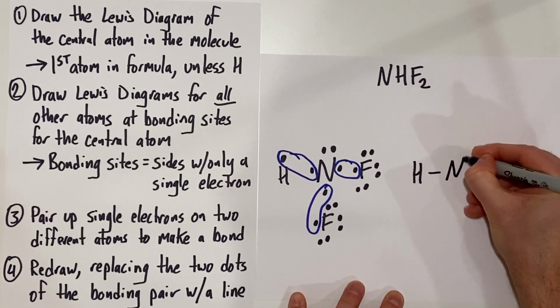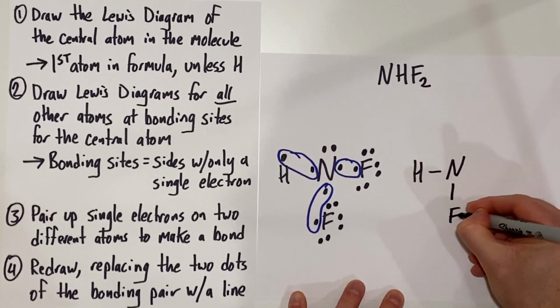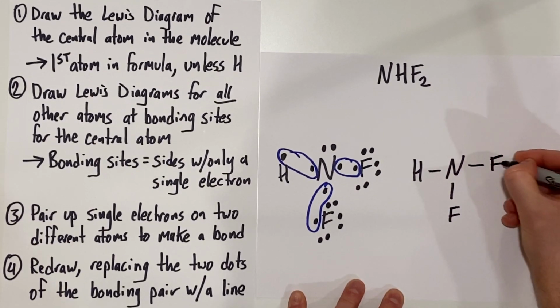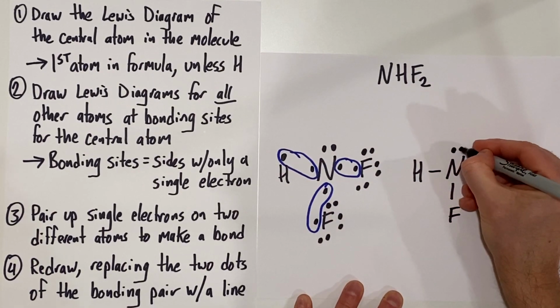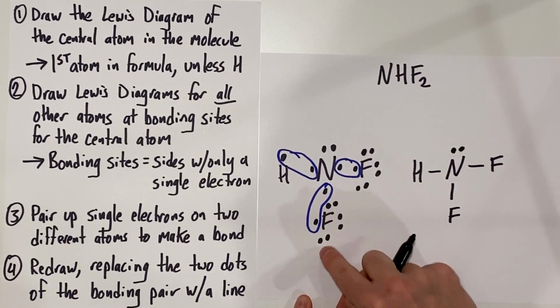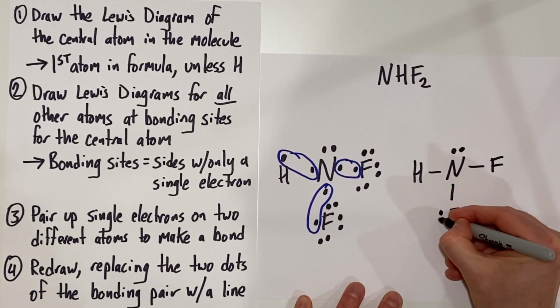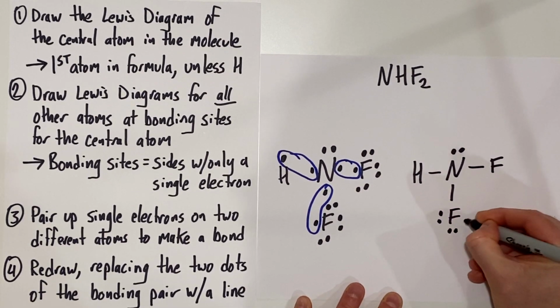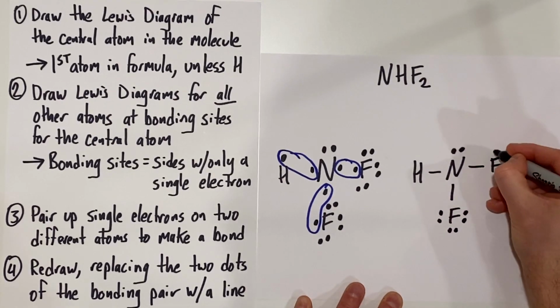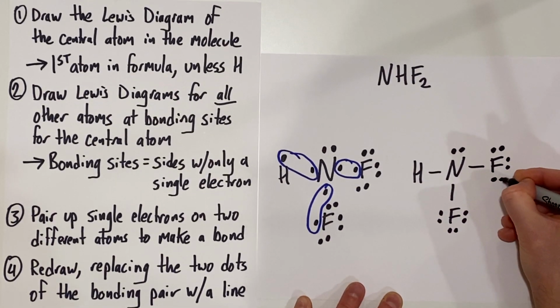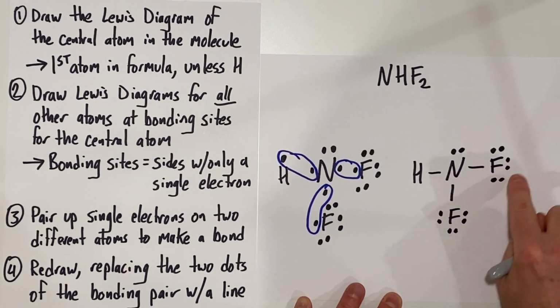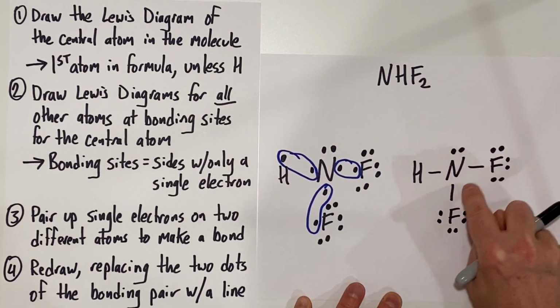H bonded to N with a fluorine at the bottom and a fluorine on the right. Now let's put in our lone pairs, 2 on top of the nitrogen. 3 lone pairs are on the fluorine. I'll just redistribute them so that they're on the left, on the bottom, and on the right. And again, 3 lone pairs around this fluorine as well. And if you look, you'll notice 2, 4, 6, 8, 2, 4, 6, 8,